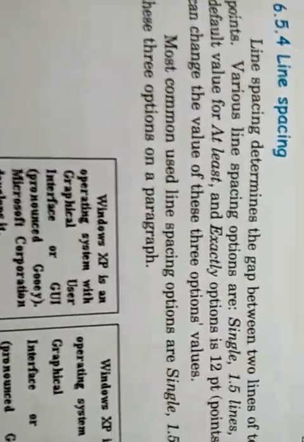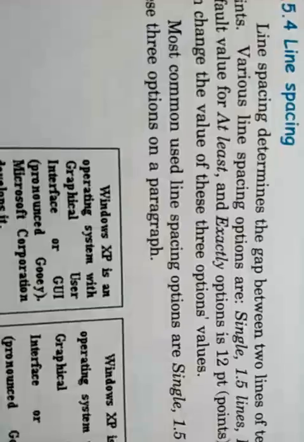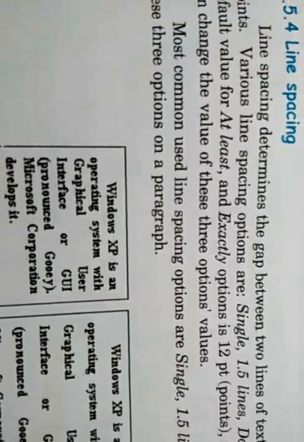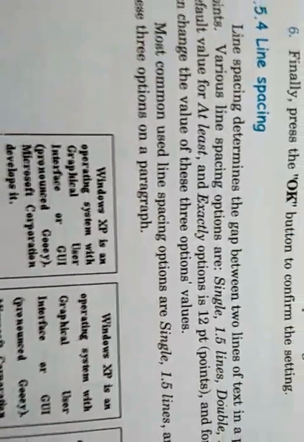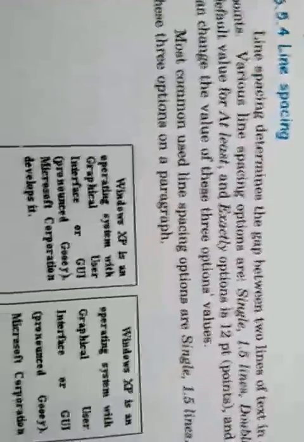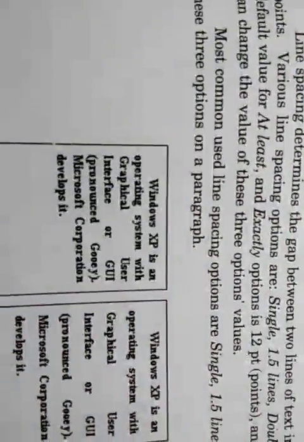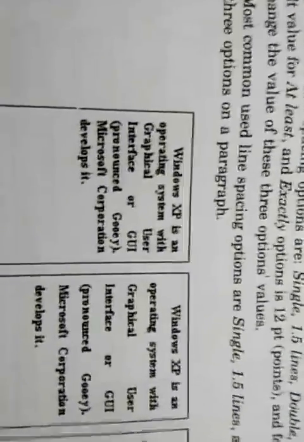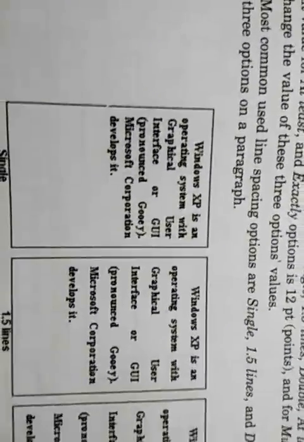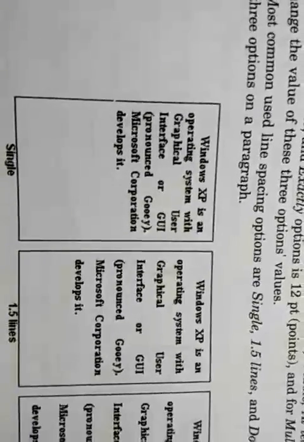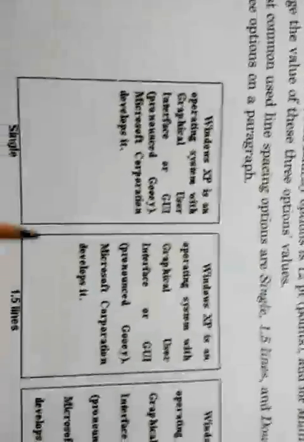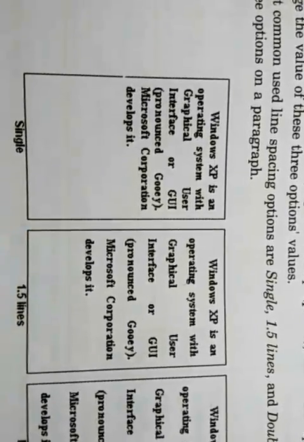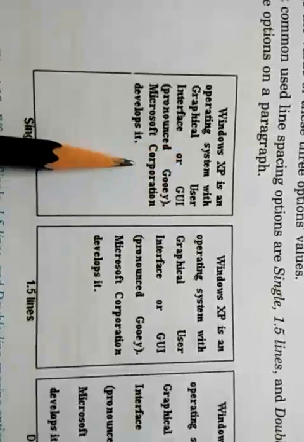Now the next topic is line spacing. So line spacing is the space between two lines of text in a paragraph. So this is used to display text clearly in your documents, such as when we are typing without any spacing, or with single line spacing, the data will be displayed in this format. When we increase the line spacing to 1.5, your data will be formatted in this format.